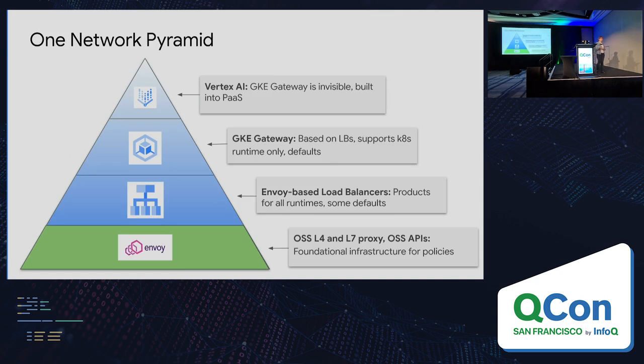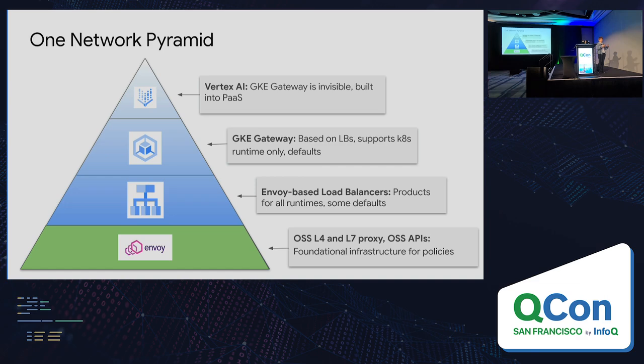This is one network pyramid I put together because I was thinking how to explain the narrowing scope of any layers, right? So we start with the common purpose Envoy proxy, and we'll talk more about it. It's an open source proxy available both on GCP or on-prem, anywhere. And then we wrap it around and build around it GCP-based load balancers, which actually work both for the VM, containers, serverless, etc. And then you can build on top of it controller, and